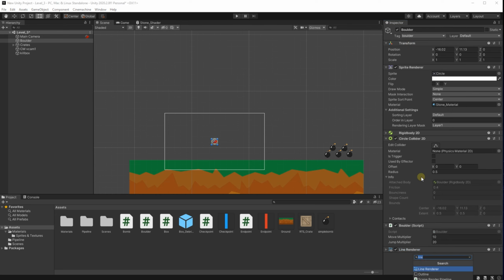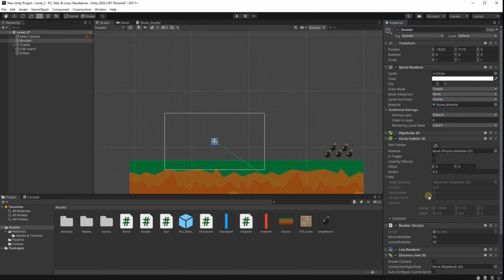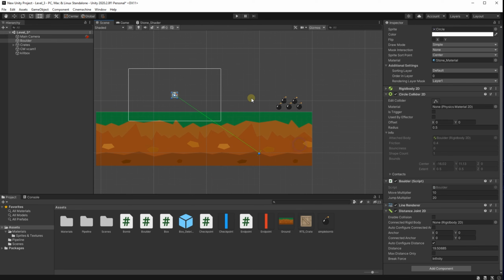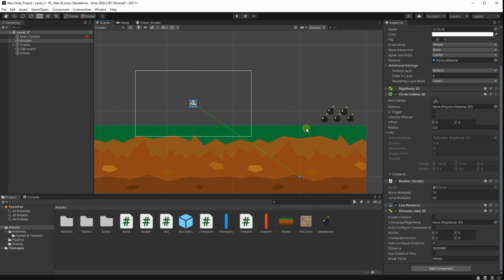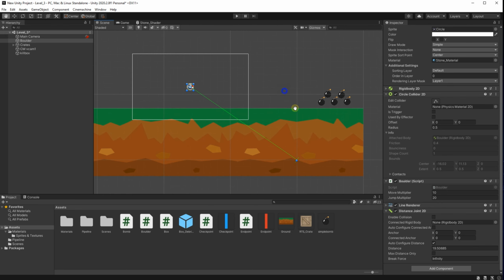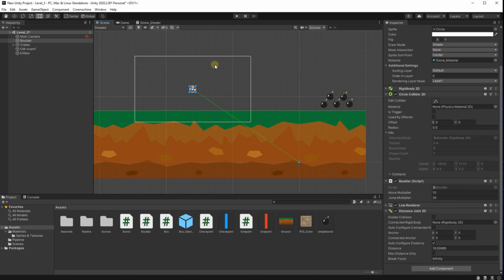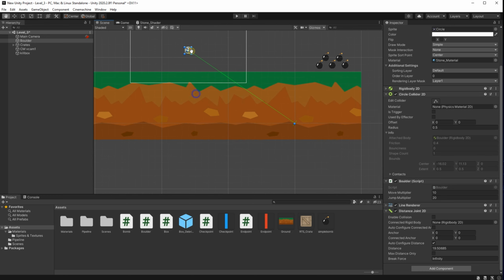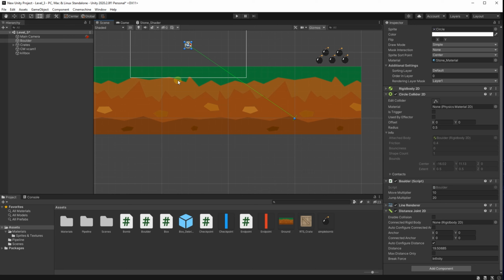And then I'm going to add a second component, which is going to be something called a distance joint 2D. So Unity has joints, and these joints are basically connections between two rigid bodies. So a distance joint just keeps two rigid bodies at the same distance. Now this means that they'll be allowed to sort of swing like this, which is exactly the behavior that we